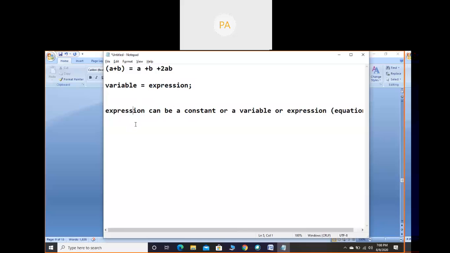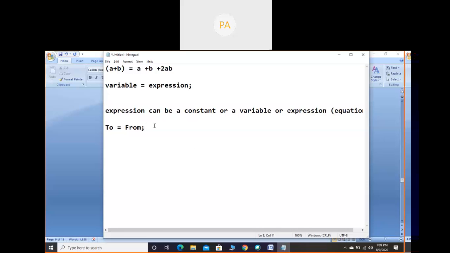So for that you have to remember one more formula. Formula in the sense, actually it is not defined. So I just got a thought to remember like this: 2 is equals to from. If you remember this, it will help a lot. That is, from which variable or from which constant or from which equation you are copying, that you write on the right hand side. To which variable you are copying, you write it on the left hand side.